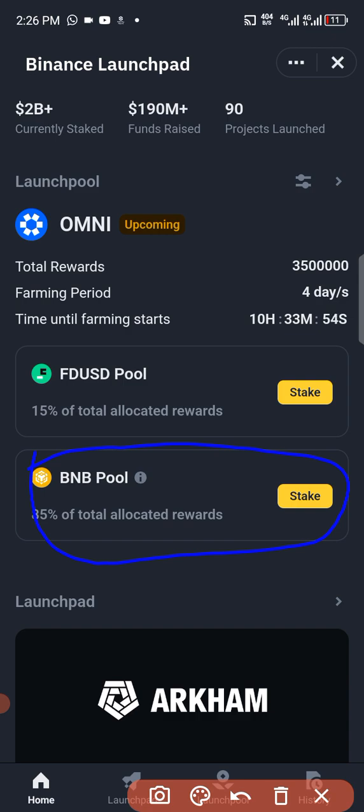Now for those of you that converted your money into BNB, the next thing that you have to do here is click on what? Stake. Are you getting it? You click on what? Stake. That is what you have to do here. Now once you click on stake,